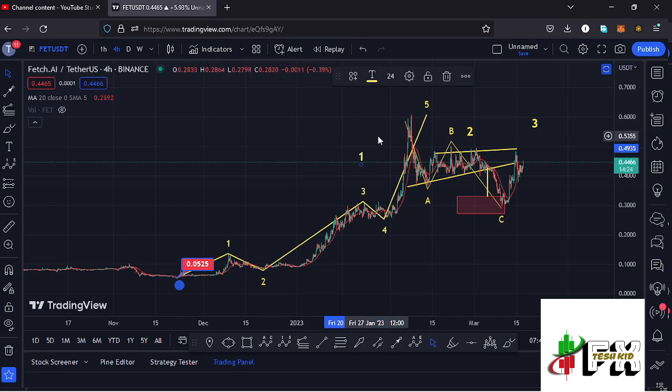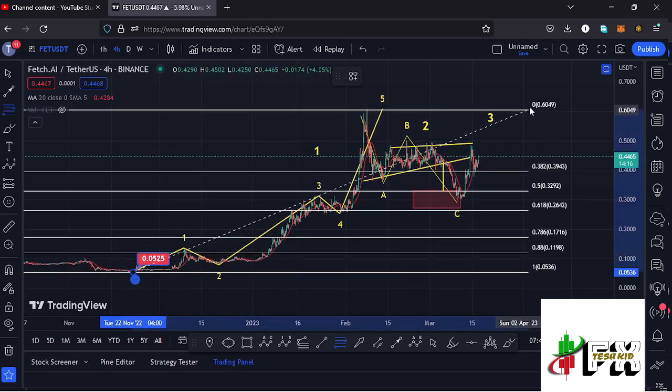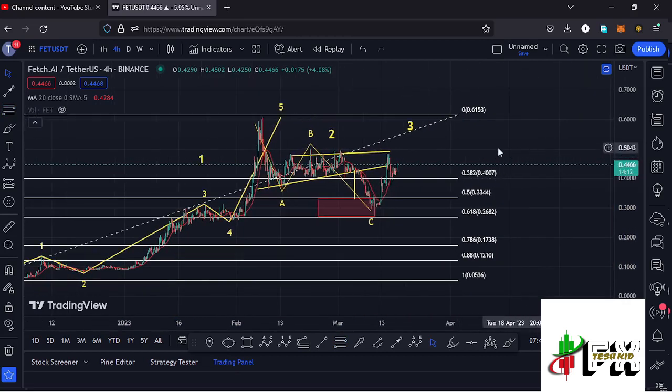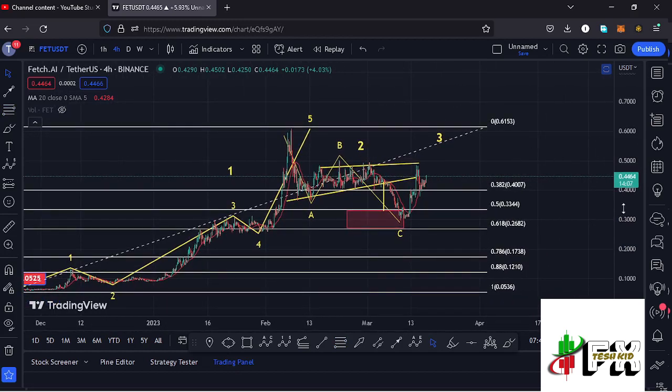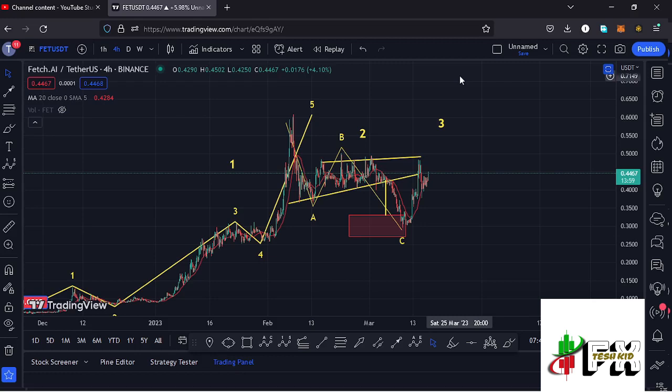And after seeing the high for that wave 1, we started a corrective structure in the formation of this wave 2, and using the Fibonacci's connecting them from the low of the first wave to the high of that wave 1, I was able to come up with the minimum retracement area in the formation of that wave 2 between the fib level 0.5 and the fib level 0.618, which is a target area that we fully maximized. And having fully maximized that target area, then there are high chances that we have bottomed out in the formation of this wave 2,